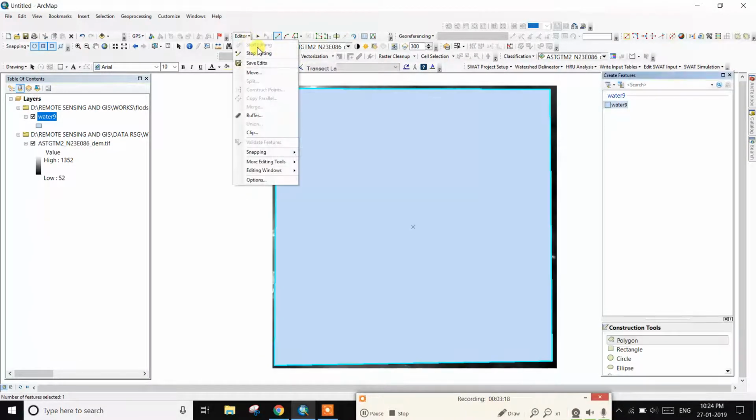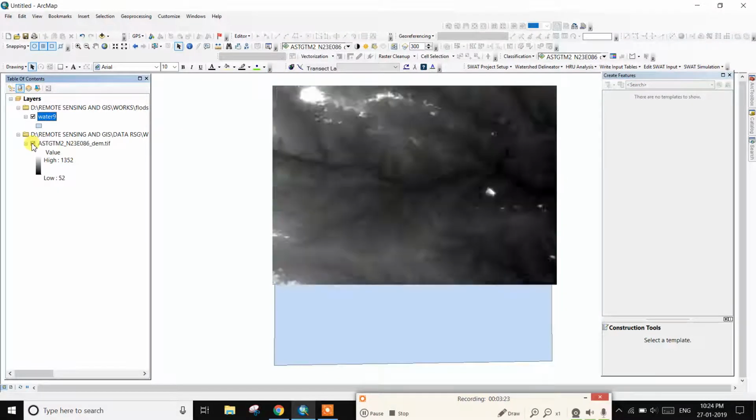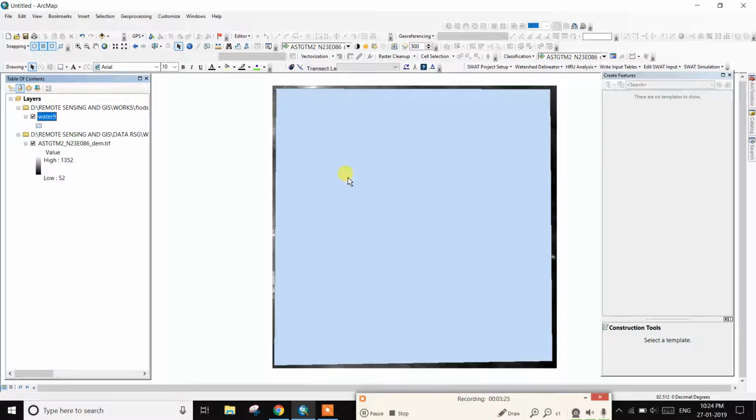Save edits and stop editing. So the shapefile representing the water is created. Close ArcMap